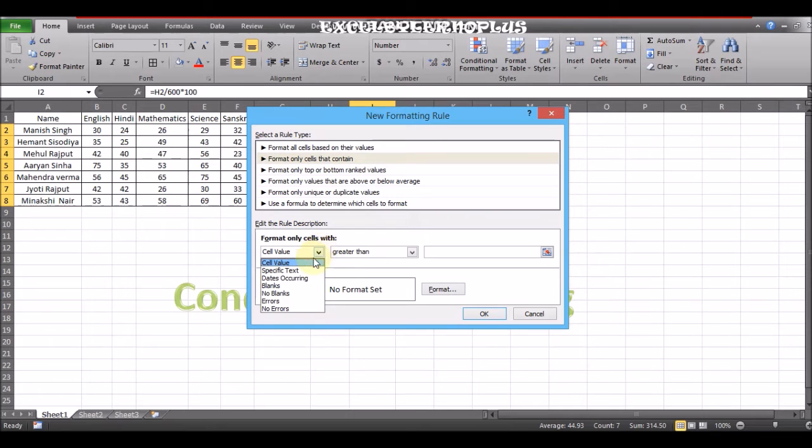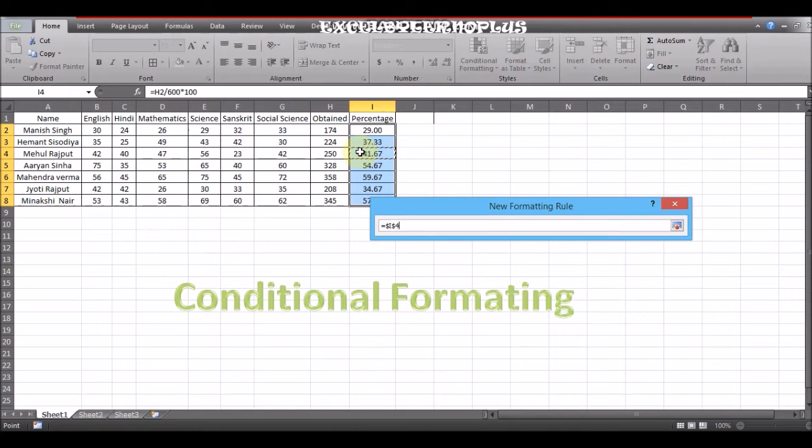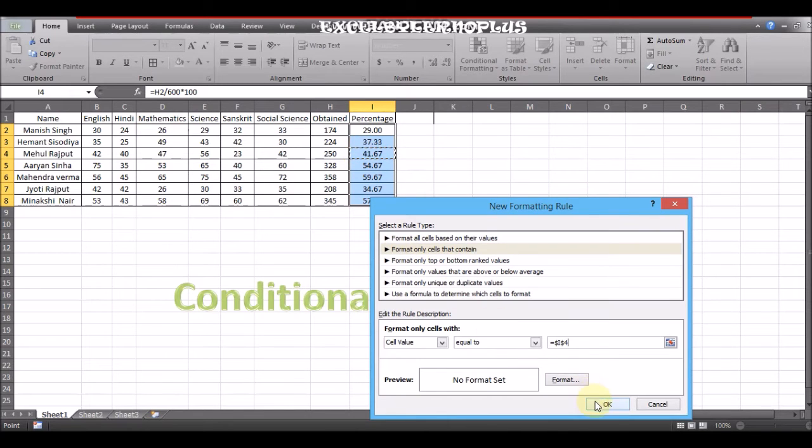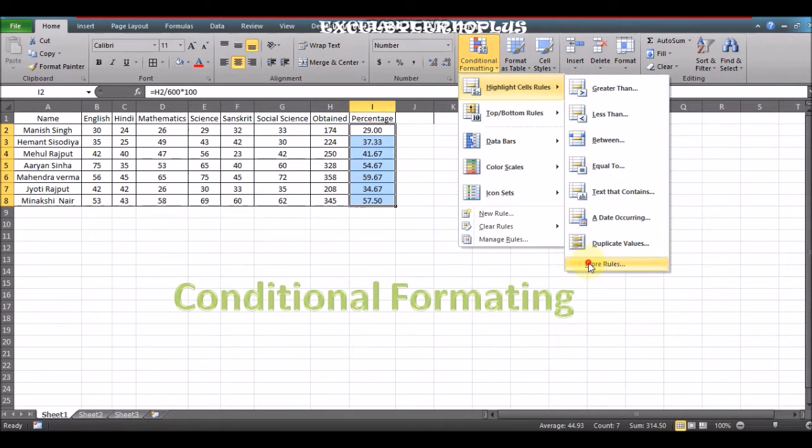Here I will select Cell Value, Equal To, and drag the window and select the value I want. Just click on the cell, so it will take all the decimal places, and click OK.